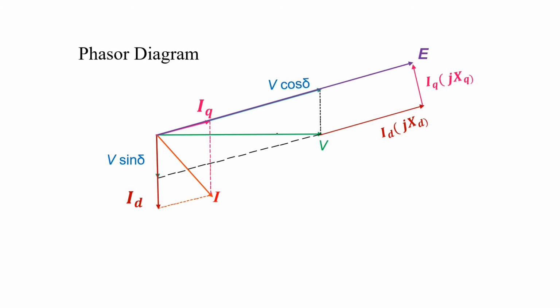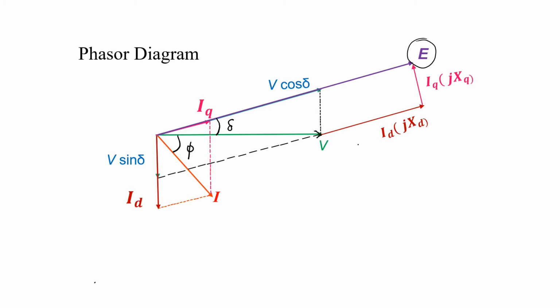So we have taken the reference voltage V, then we have represented the voltage as V cos del and V sin del. Similarly, the current we have represented with respect to the quadrature axis as IQ and the direct axis as ID. I hope up to this is clear. Now, the angle between the E and the V will be called the load angle del. So with this the main phasor diagram is over, but let us see some more factors.